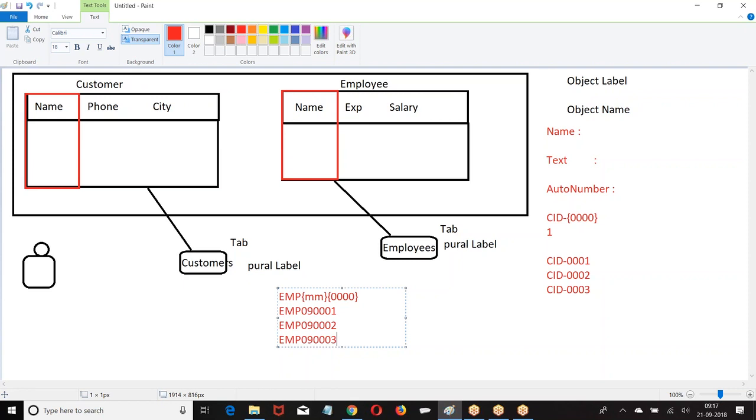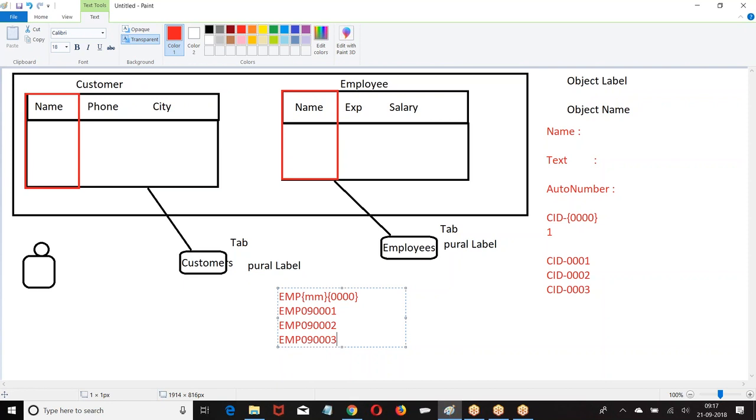This is called auto number. You tell me the format and from which value I have to start, and the system will automatically generate it. So based on the format you mentioned, the system will auto generate the number, which is called auto number.